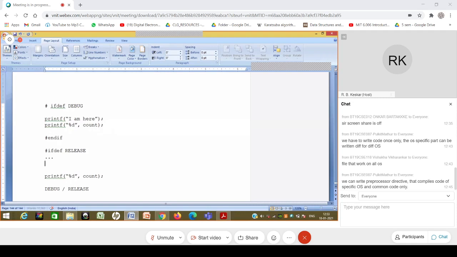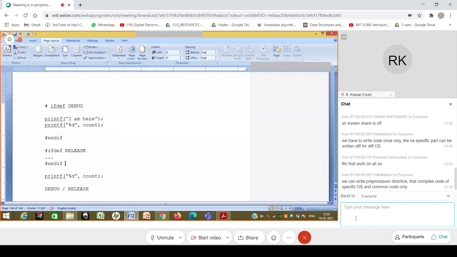Release means basically the code which is shown to the end user, what is called production code, the one which goes to the end user. So there you want no print statements. You want just code to run. But when you want to debug, you want to put a lot of print statements. If you put a lot of print statements, the end user is going to click. If you don't put these print statements, and there is a bug, it comes back again, and you have to put all these print statements in between.